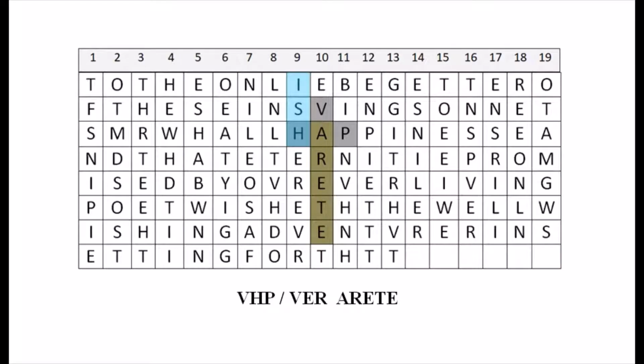Reaching down, the ISH touches a rebus that spells ver arete. Alexander had found the word arete and sent it to me, and I noticed along the top are the letters VHP. Arete is a Greek word meaning excellence and sometimes virtue. The reason why D is using a Greek word here is because he's letting us know that VHP are Greek